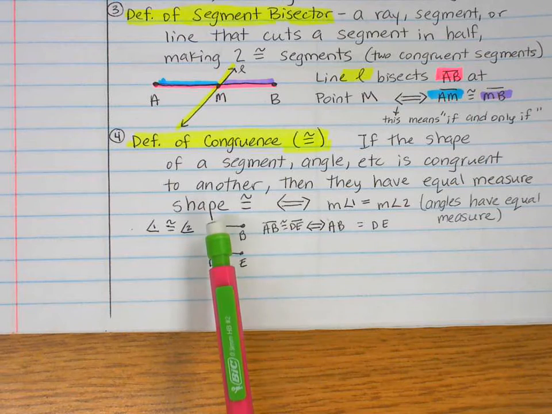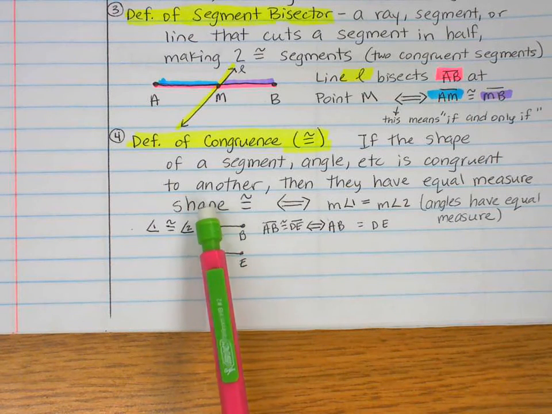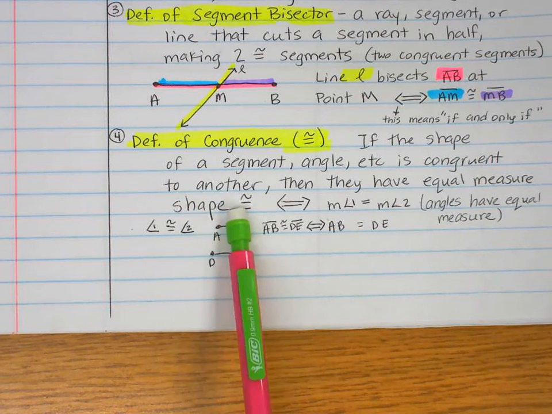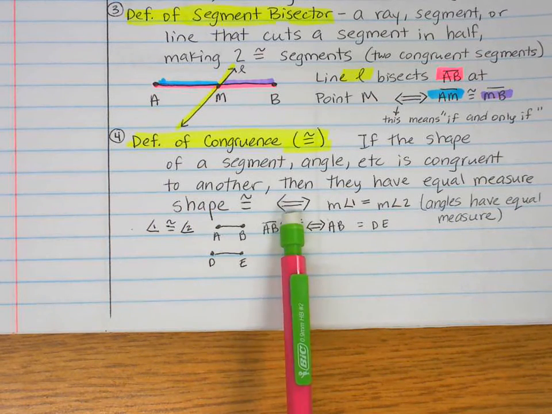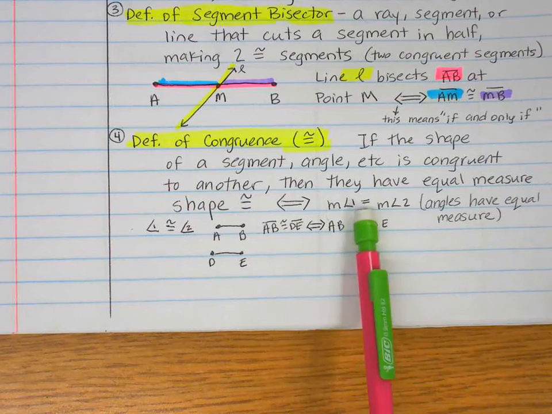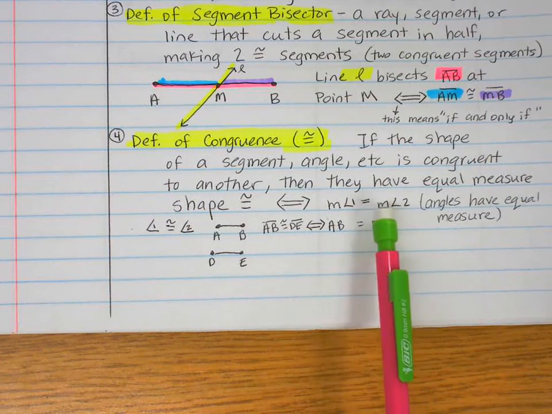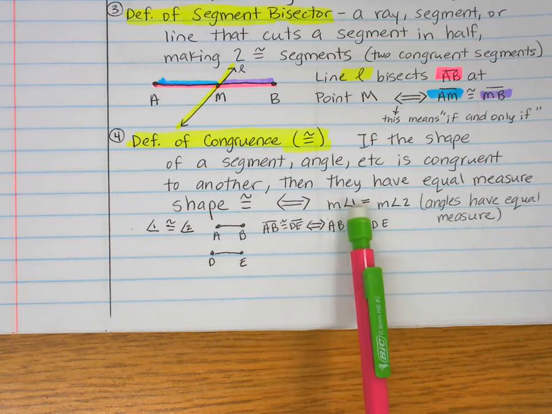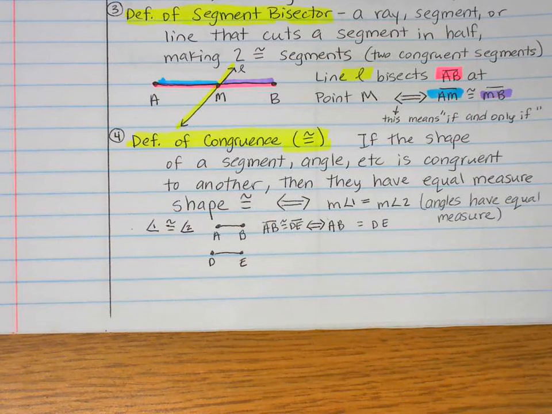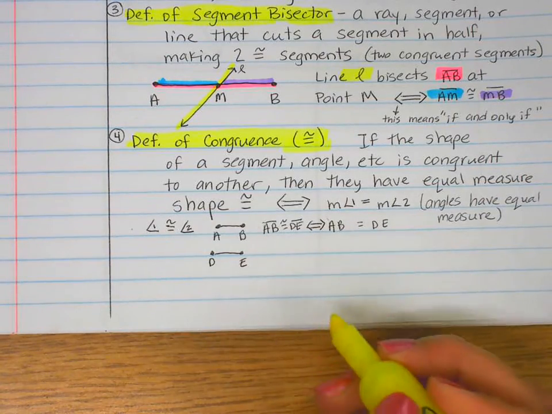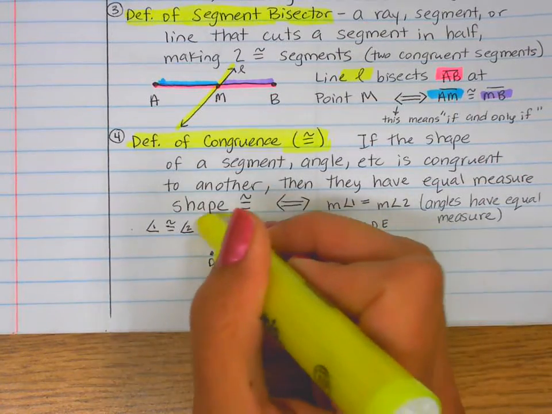So I've got right here written out shape. Shapes are congruent if and only if the measure of one angle equals the measure of the other angle. Or you could be saying the measure of a segment is equal to the measure of another segment. Then their shapes are congruent. I think it makes sense when I made this little example